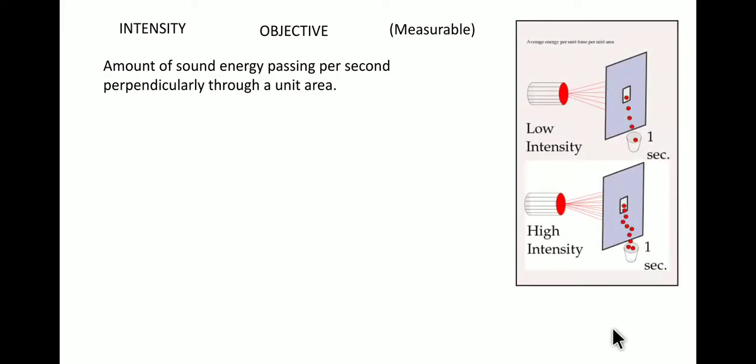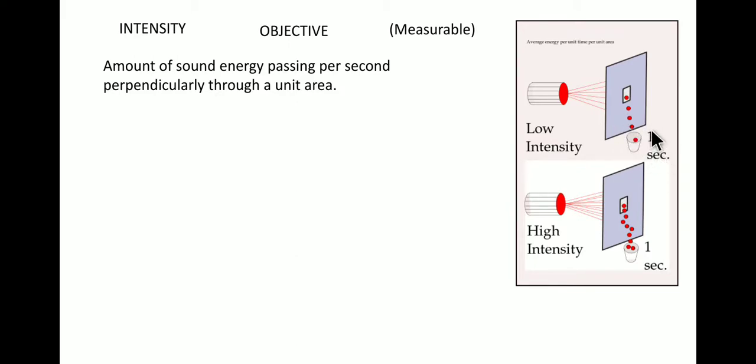Look at the figure. When there is a source and it is producing some amount of sound, and if that sound passes through this much area, the unit area, then the amount of sound that passes per second, means in 1 second how much sound is passing through. Over here you can see it's just the explanation with the help of a drawing, so don't take it that practically the sound will drop out here in this way. No, it's just the explanation part.